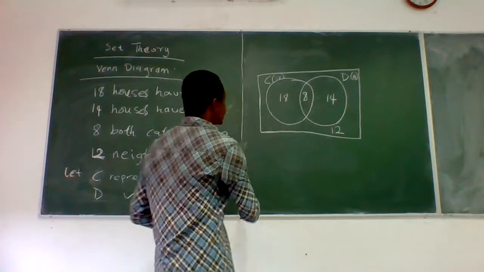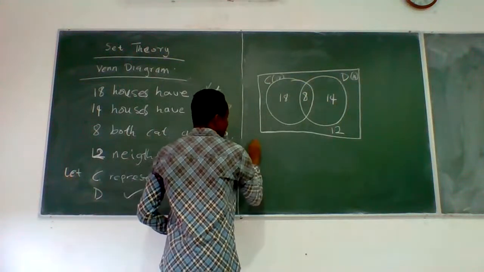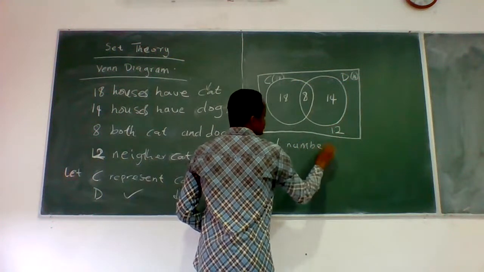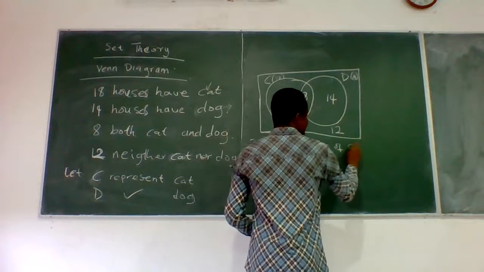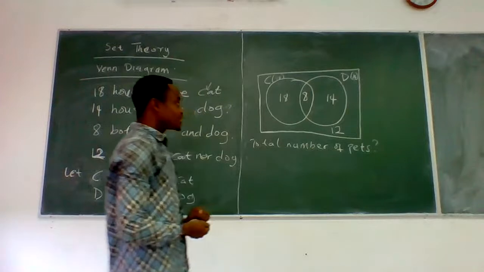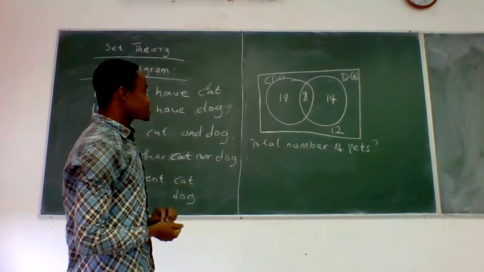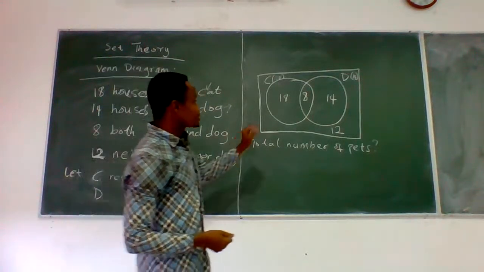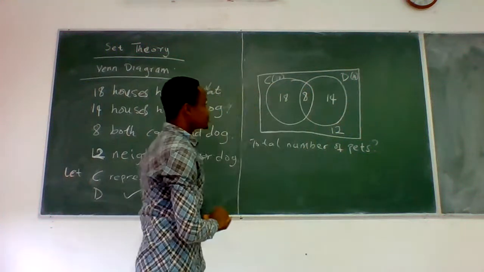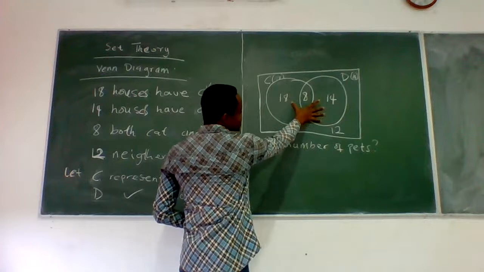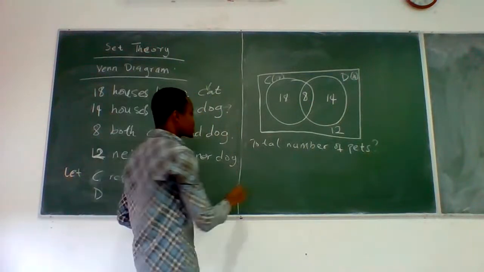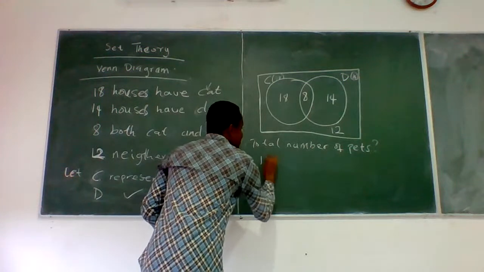And then when we want to know the total number of pets, what will be the total number of pets? Before you can answer that question, the pets that we are considering now are cats and dogs. So you sum all of this, and this will give you the total number of pets. So the total number of pets will be 18